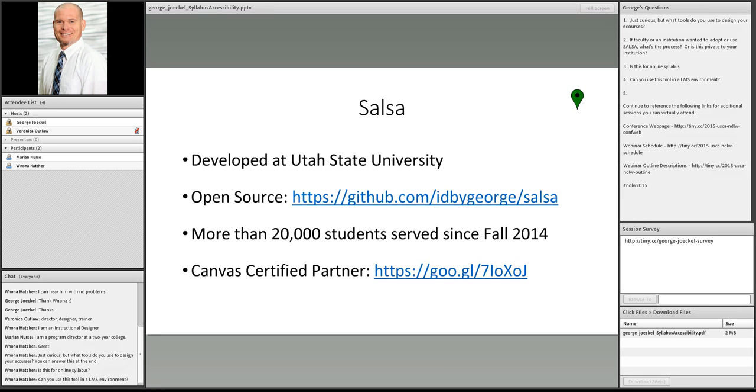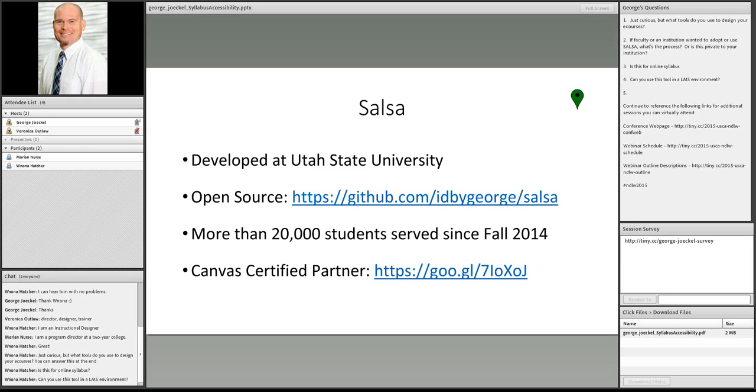Okay, so Salsa was developed at Utah State University. It is open source, and again, there's lots of different ways to interpret open source, but in this case, it means that all of the code is out there at this site on GitHub, and anybody could take that code and build their own instance of Salsa.